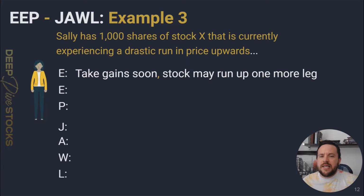So her expectation is that she does want to take gains soon, right? She has done well in this pick. It has risen drastically in price with her 1,000 shares, but she does expect that the stock is going to run up one more leg. Maybe she anticipates some point of resistance, or maybe volatility is spiking, or maybe the hedging heat map has significant selling at a certain point, and she's confident that the price is going to head to that point, but then it's going to be quickly rejected, and maybe even rejected significantly,